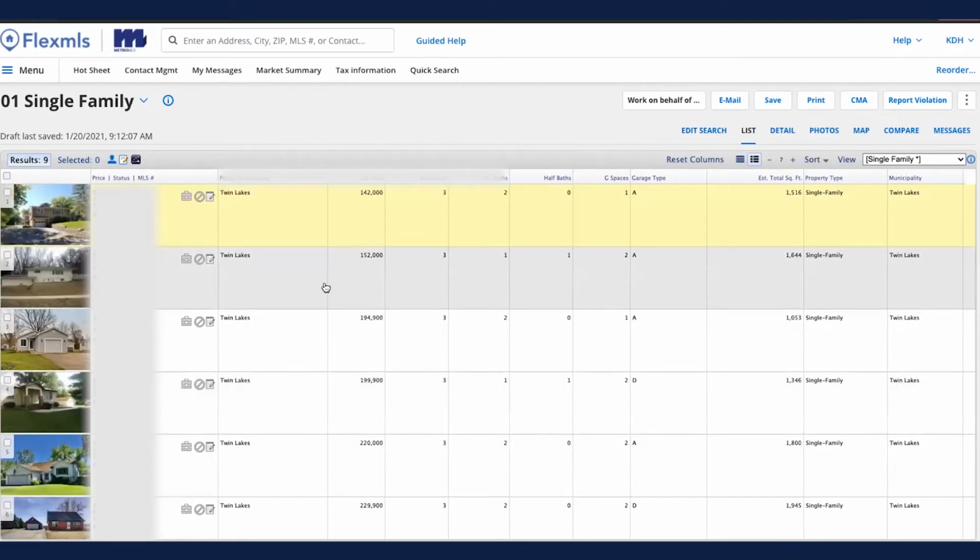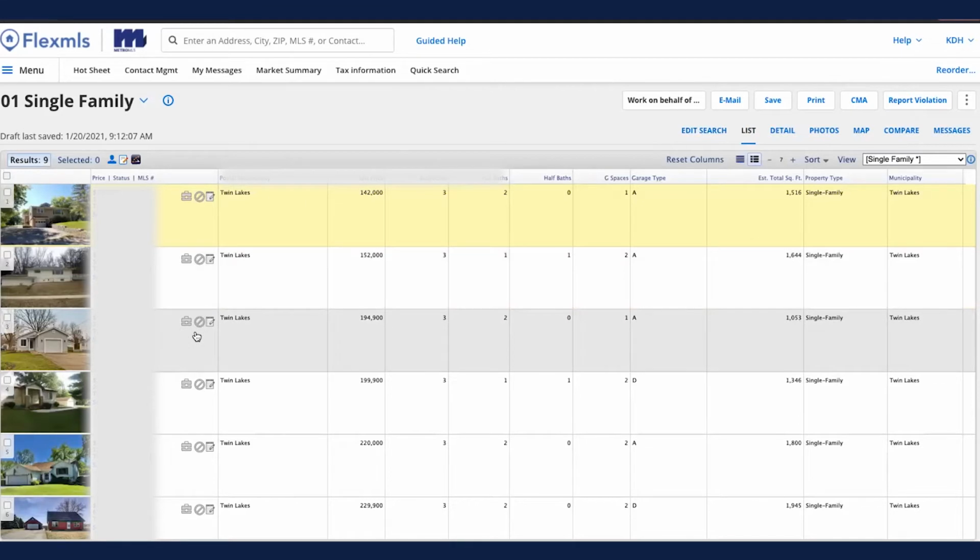All right. So yeah, 142, 150. Okay, and that's a 3231, 1,500 square feet, 1,600 square feet. Okay, 195. Wow, that looks legit, and that's only 1,000 square feet. Right. And then